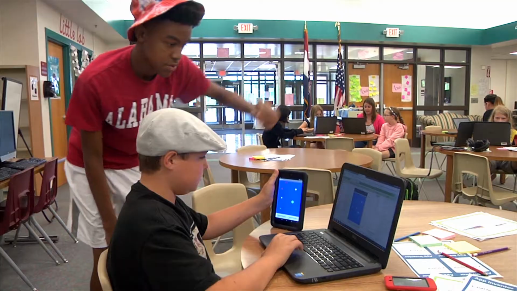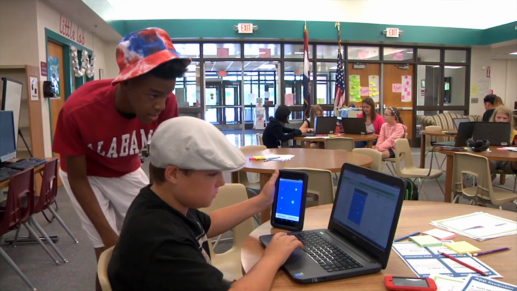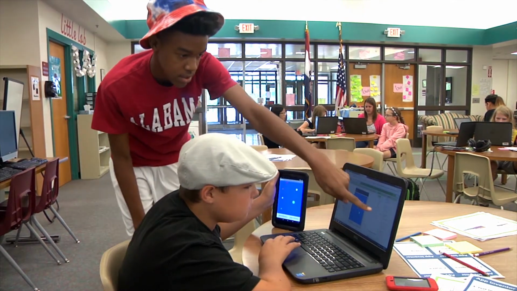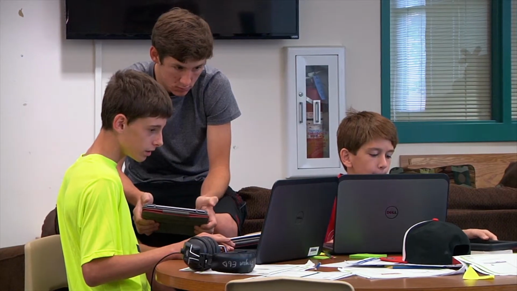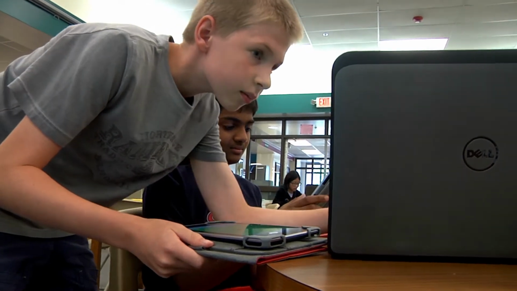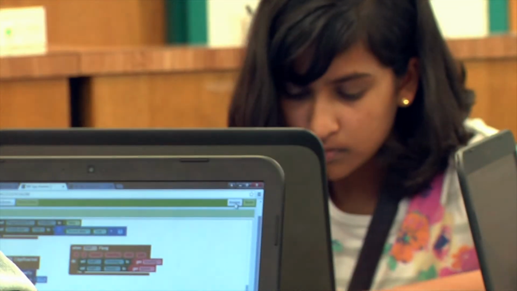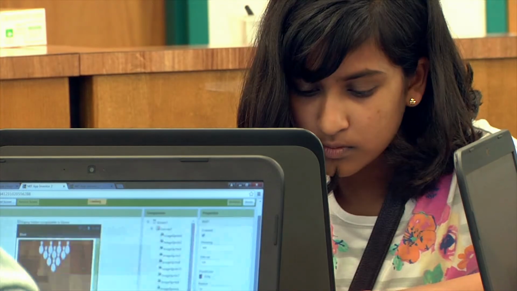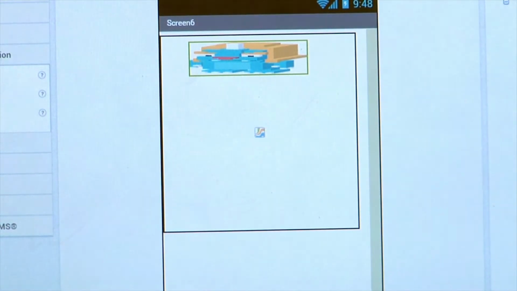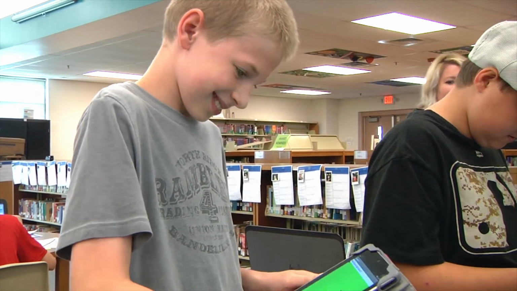They get to go at their own pace, they get to explore what's out there and create and develop and test all of their own apps. And they get to see other apps that other people have made using this software, which is very helpful because they can see the programming and learn from that as well. And we've also done app reviews in the morning where we find apps in the Play Store that they can download and play with, and then they can share their opinions on what they like, what they didn't like about it.